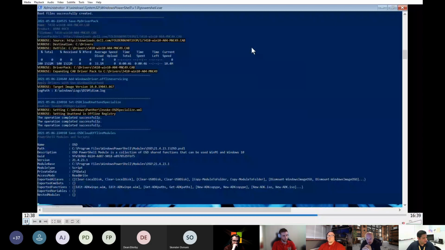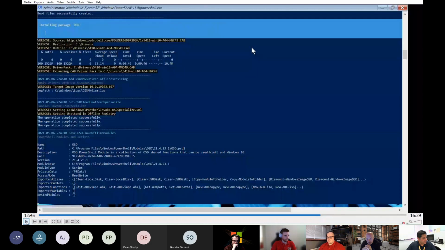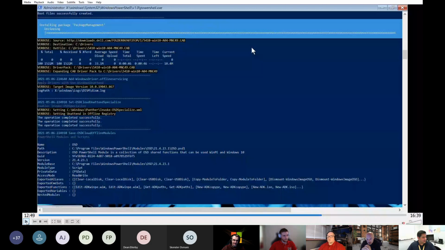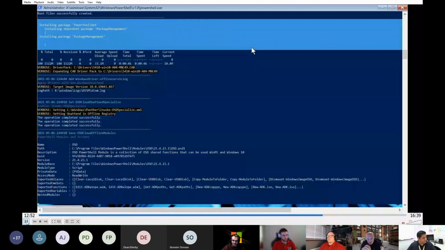And this process here, you can see it's downloading OSD. So there's two actions here. It should actually copy the OSD module from PE, and then, if it has a connection to PowerShell Gallery, it will pull it from PowerShell Gallery as well. You'll see PackageManagement is updated on the offline OS, and that is simply because the version that Microsoft likes to put in Windows 10 is aged. And so updating that is important if you're going to run Autopilot, and you can see PowerShellGet is also installed.